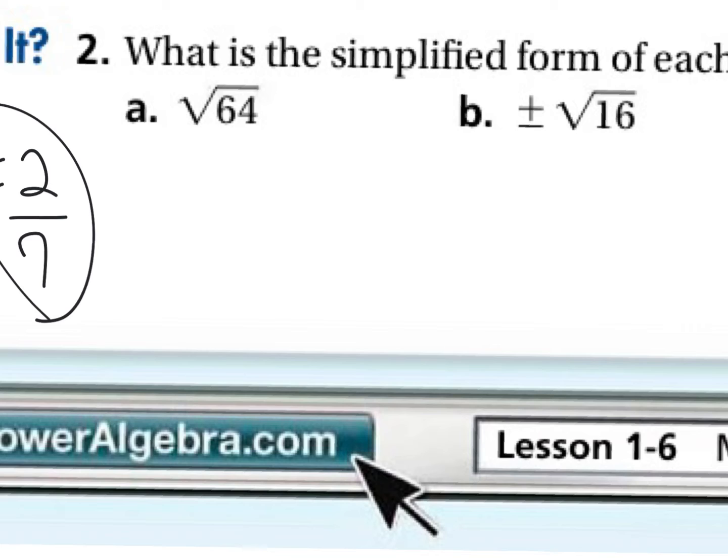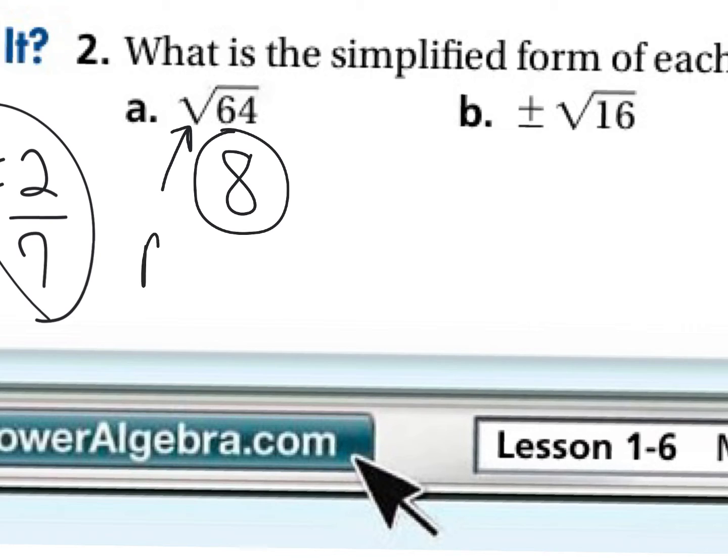So part A is the square root of 64. We know 8 times 8 is 64. So a question you might have, you might think, well, what about negative 8 times negative 8 is also 64? And that's true. What we're going to do is, if the square root symbol is already there, then